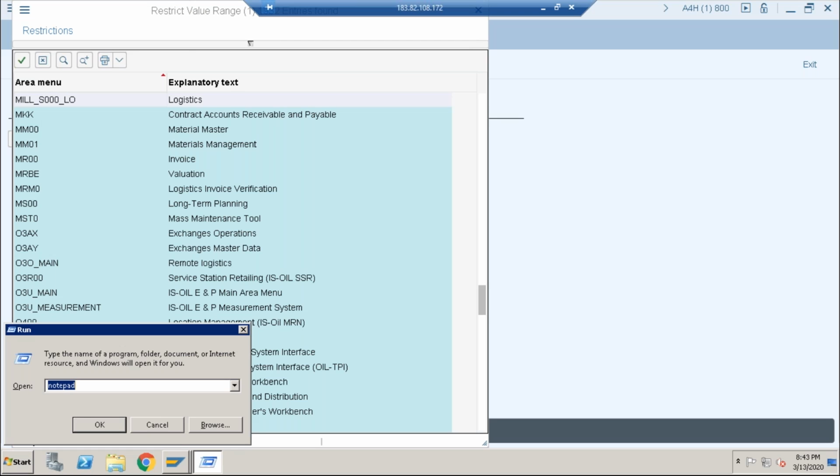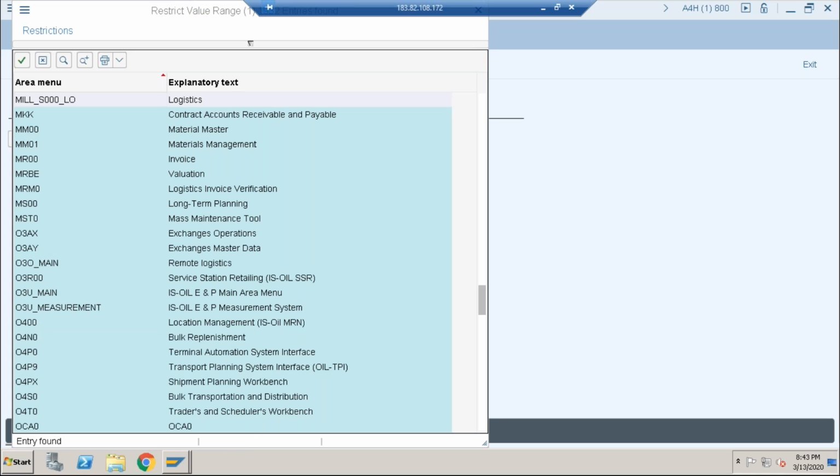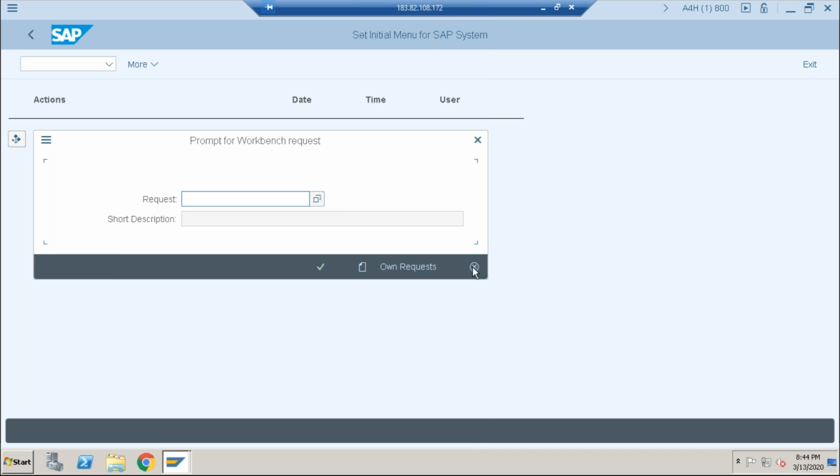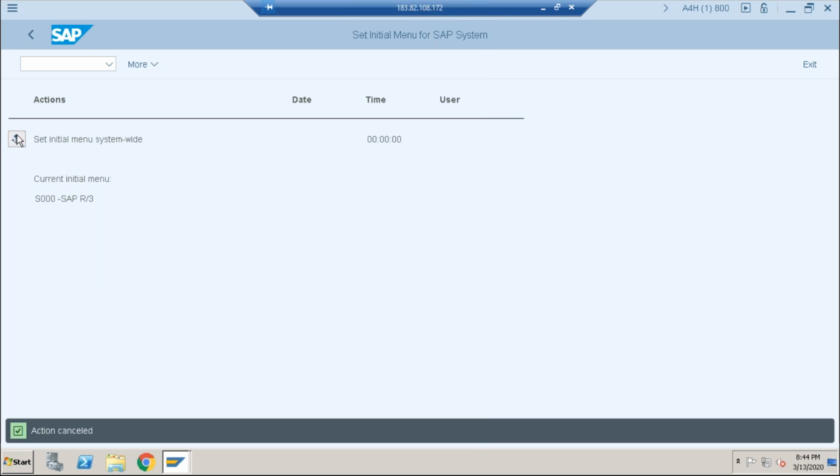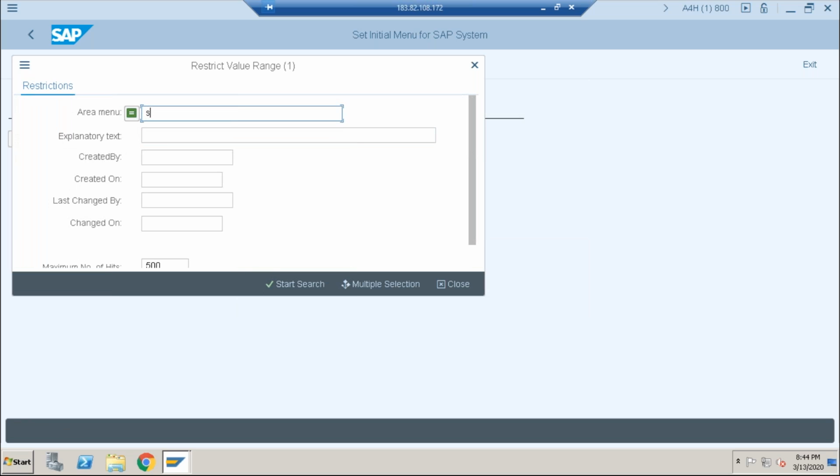Again, click on find, click on find again. You can find it again one more time. Again, click on find. S00, right? S000. Yes, S000.